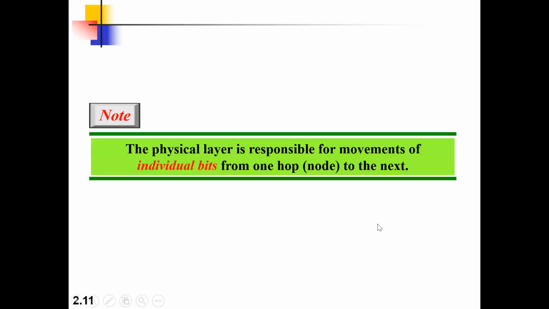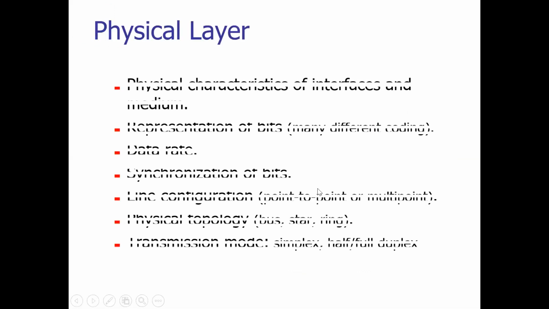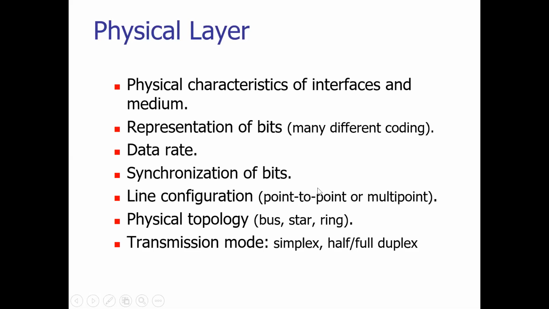Next, the physical layer is responsible for the movement of individual bits from one hop to another. One hop to another, if you are getting confused, means one node to another. That is, the nearest node. If you are transferring from one hop to another hop with this. Several other characteristics are available with respect to your physical layer, so we'll list them one by one. The physical layer always plays a vital role as an interface between your end system and the transmission layer. That's all. First one is.